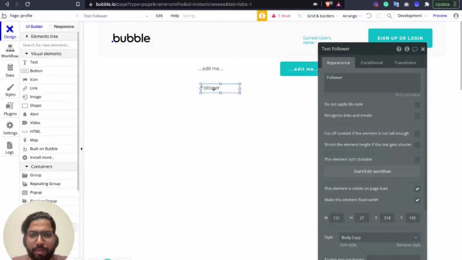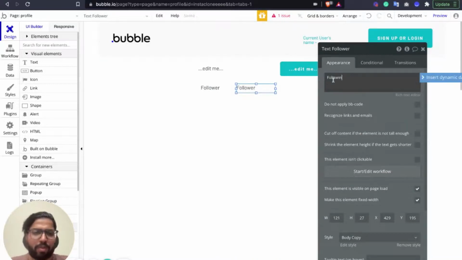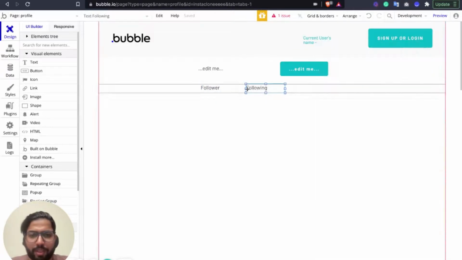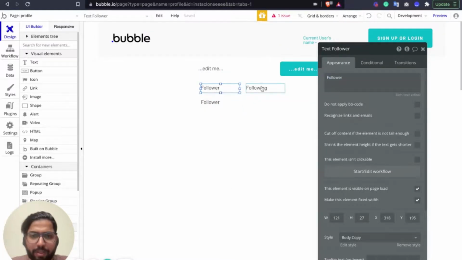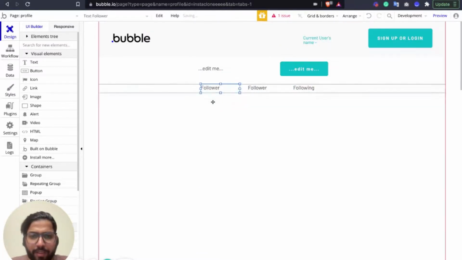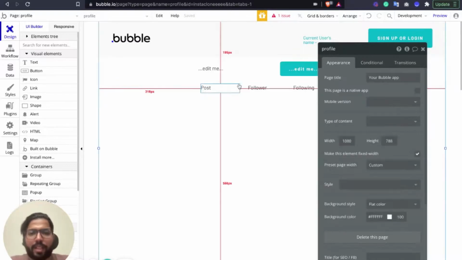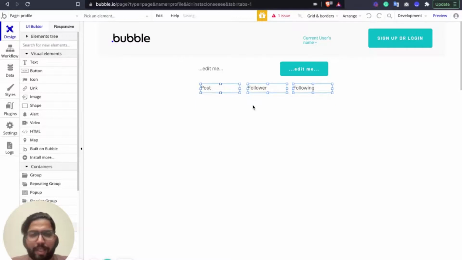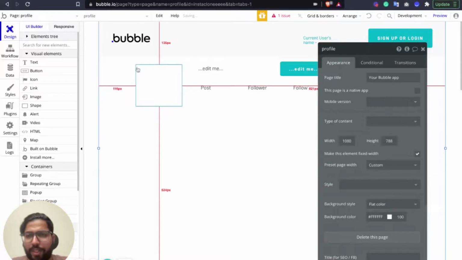So we're going to say number of followers, number of following, and we're going to have two more things. So let's just keep it here, and let's just say, yeah, so it's going to be posts, the number of posts the user has created. We can also keep a bio, but since we are not saving any value in the bio, I'm just going to ignore it for now, and add it at a later stage.